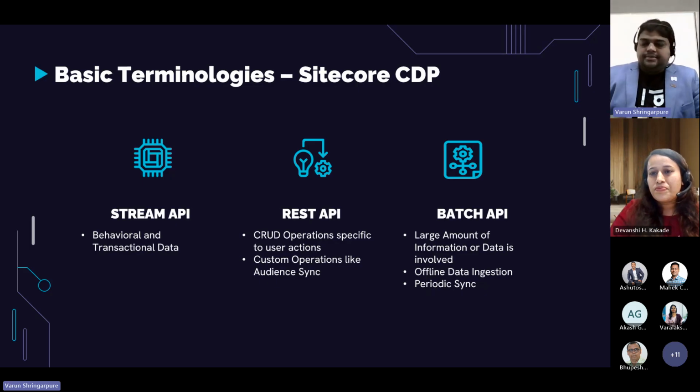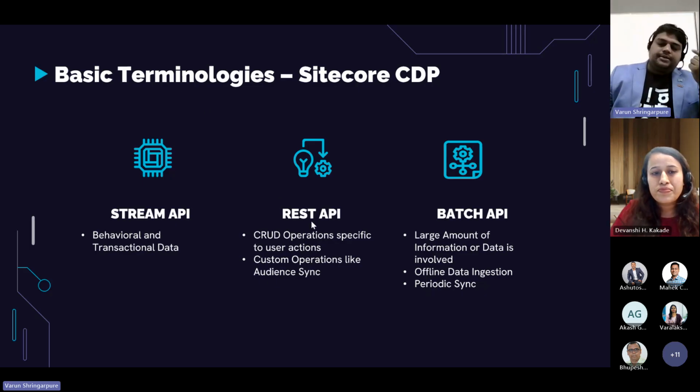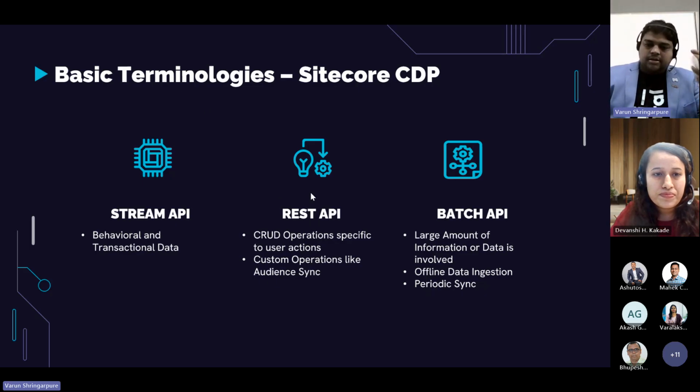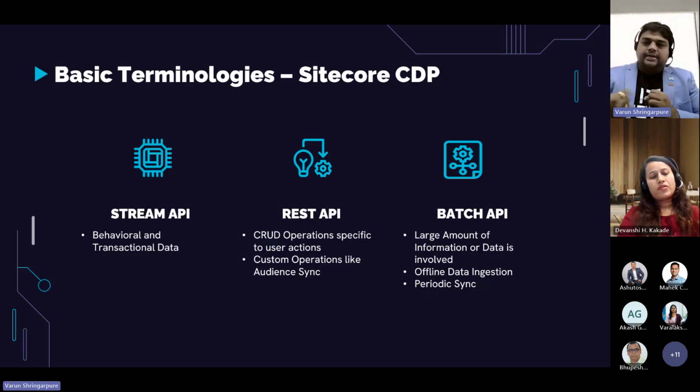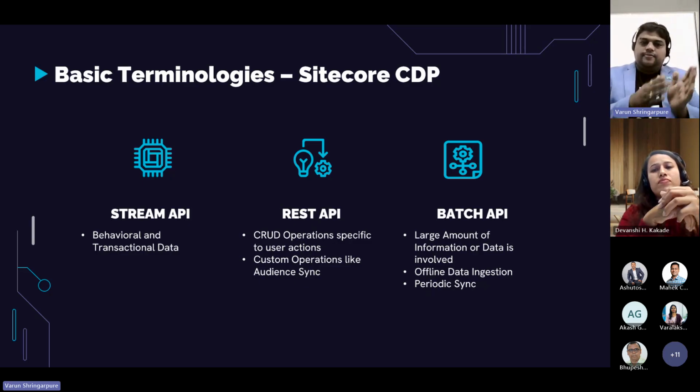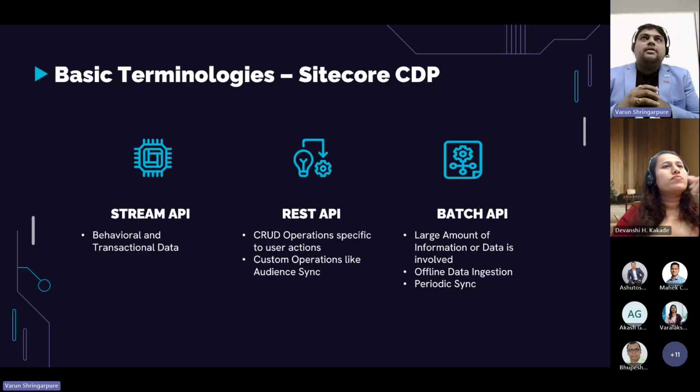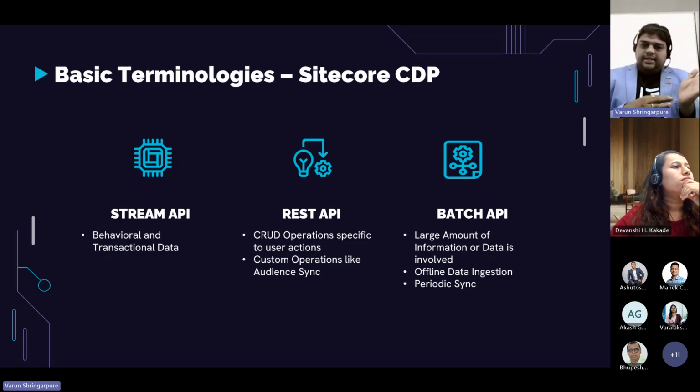Sure. And rest assured, we have another flow diagram, which also talks of the data flow, before we go ahead into the walkthrough. At that time, we will talk about these customer types a little bit so that it helps all of us to differentiate between those types. But of course, in the architecture diagram, we saw that there are three inputs to the Sitecore CDP platform, which is Stream,